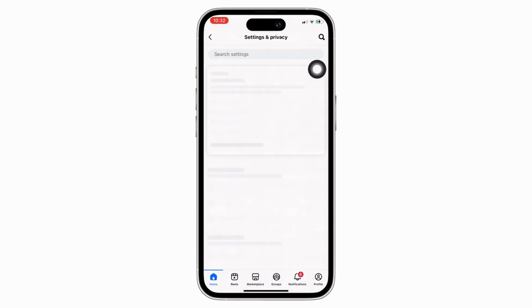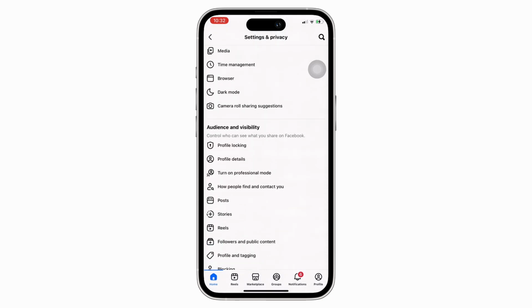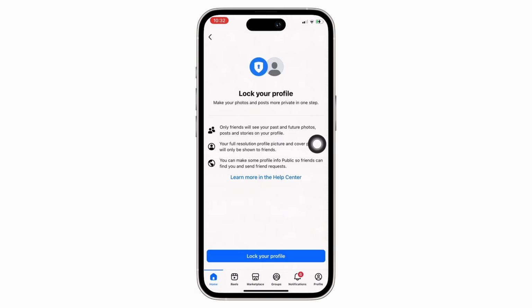Now, in here, scroll through and go to Audience and Visibility tab. Here you will see the option for profile locking. Tap on that and then tap on the lock your profile option you see there and make sure that once